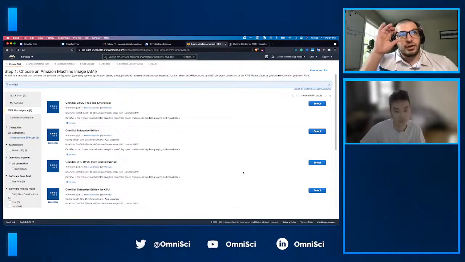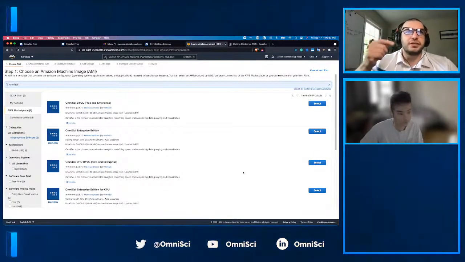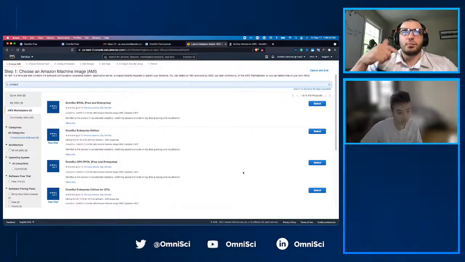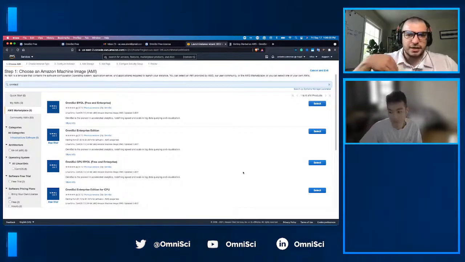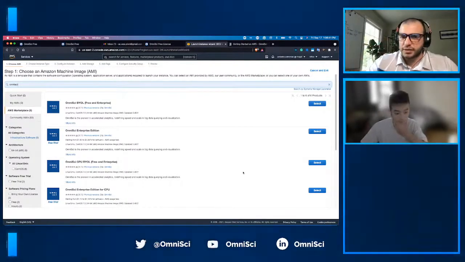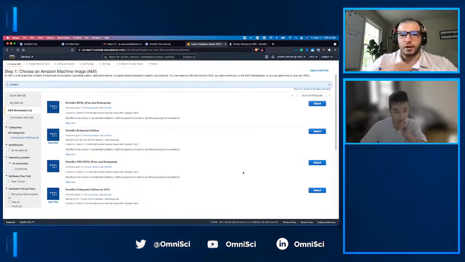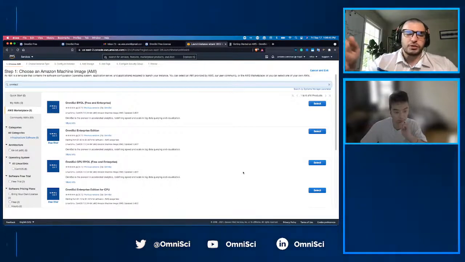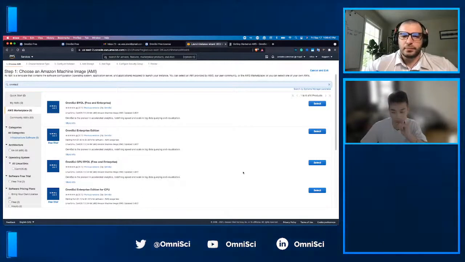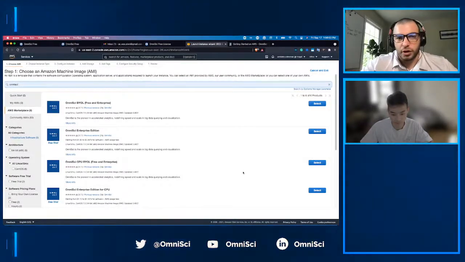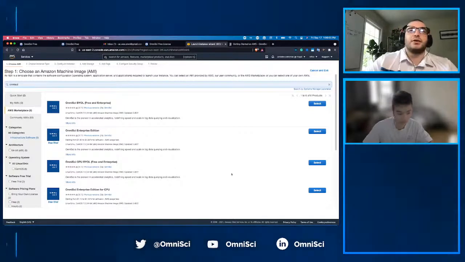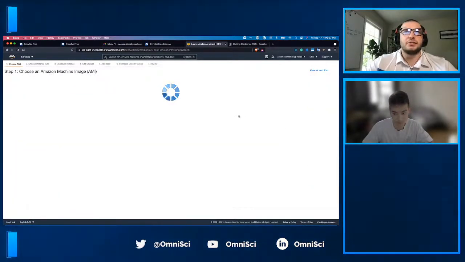listings that are on the AWS Marketplace, and this first listing is the OmniSci Bring Your Own License Free and Enterprise. So that's why I was saying that this process is the exact same whether you went and signed up for OmniSci Free on the OmniSci website, or if you were deploying your enterprise license that you worked with your OmniSci account team and were provided the license, or through customer success here at OmniSci. So we come in and we select this